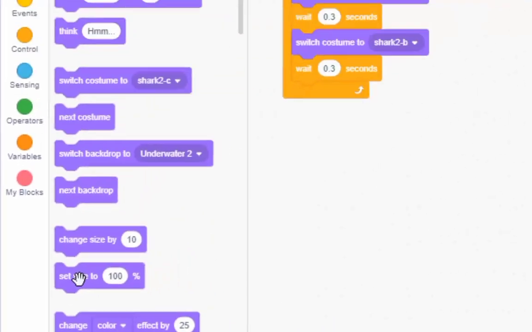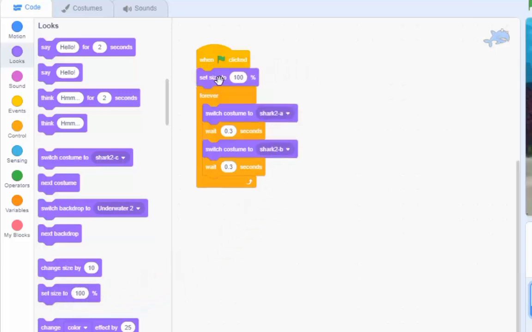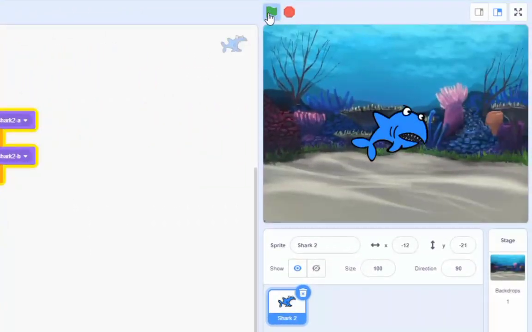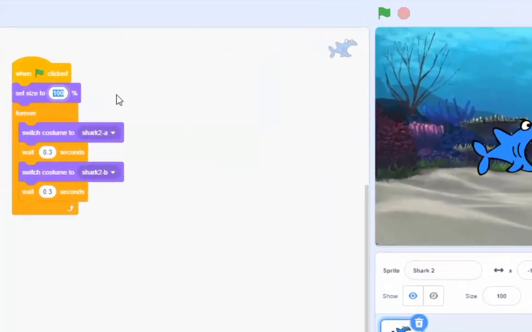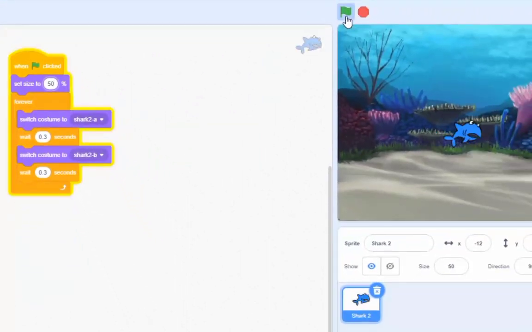But the one we want is this set size to 100%, and I'm just going to glue that in there. So when the green flag is clicked, before the shark starts even doing any biting forever, we're going to change his size. Now if I press the green flag, nothing happens, because he's at 100% of the size. But if I were to change this to say a 50, and then I go back and press the green flag,